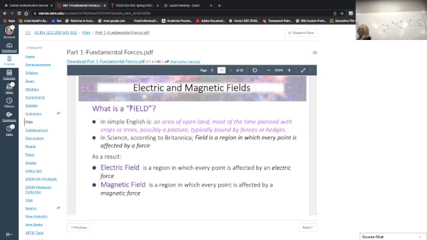Why is that important? Because if I am the source, a charge sitting here, and I know the field that I create, then I can find the force on any observer that comes by multiplying that field by the charge of the observer. So that gives me tremendous flexibility. The field is not a real entity that we can observe or feel. It's a made up entity that helps us take real concepts and put them into design and do different things with them. So that's why we introduce the field.